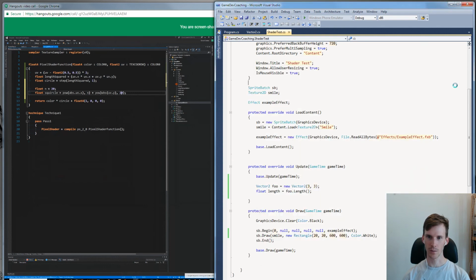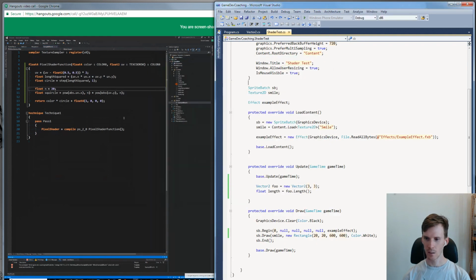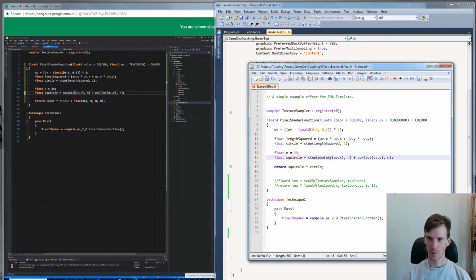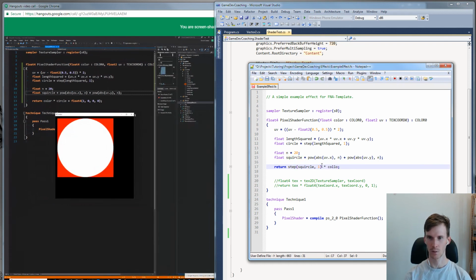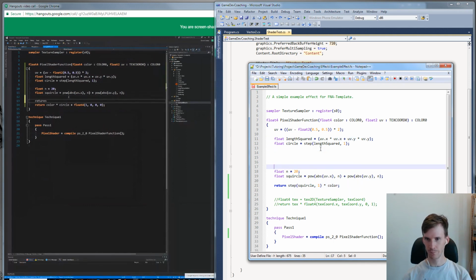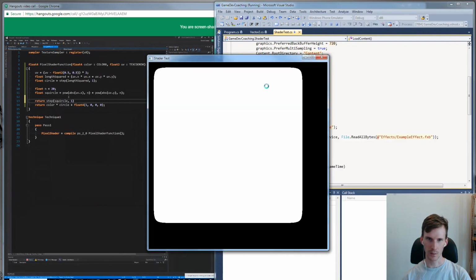And I just made a typo there. I've done squircle times circle, which is a fun shape right there. Maybe that could be interesting for something. Let me just find my mistake. I also haven't done the step function. Here we go, so there's step of squircle. I want everything that's less than or equal to 1 in my shape, and then multiply it by the color. So we'll run that and we'll get this squircle.